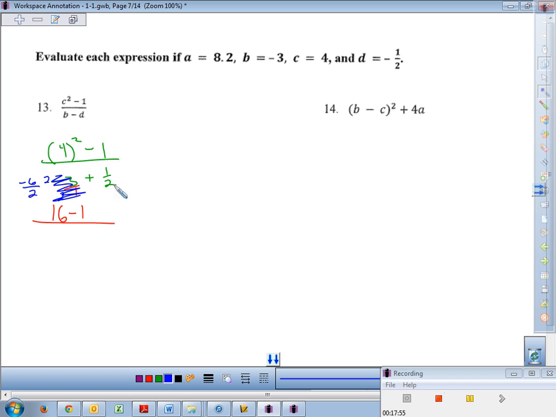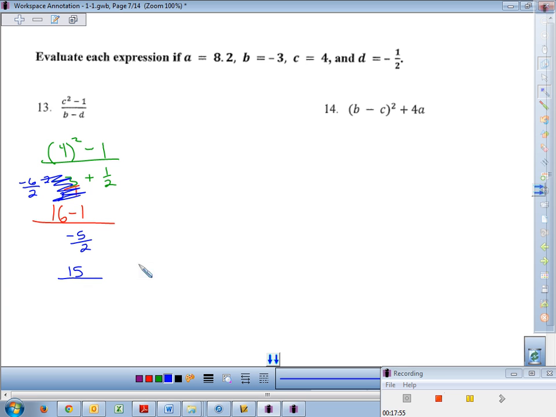Negative 6 over 2 plus 1 over 2 is how much? Negative 5 over 2. Cool? Not the final answer, but we're just working through the process. We cool so far? 16 minus 1 is